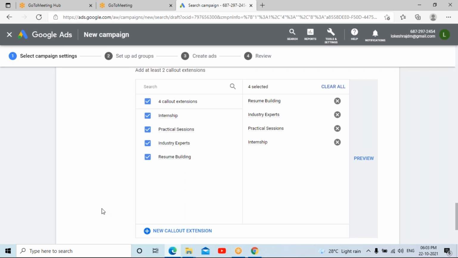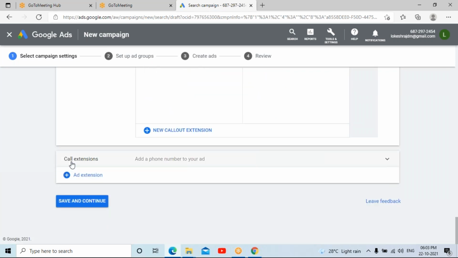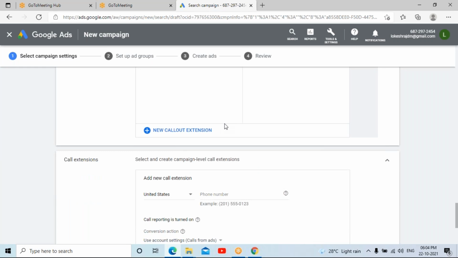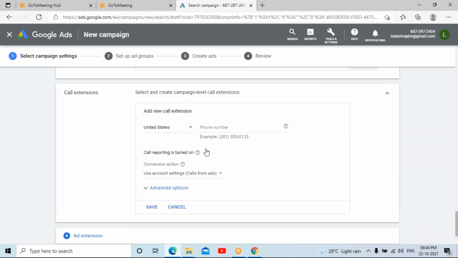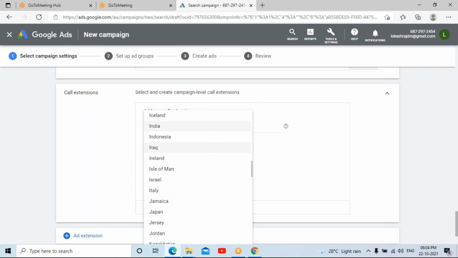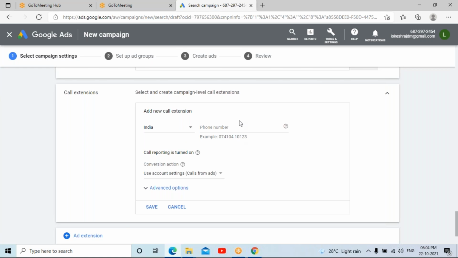The next thing is call extension. Suppose you want your contact number to be highlighted on the advertisement, you can give it with the call extension. Select the country and give the contact number.